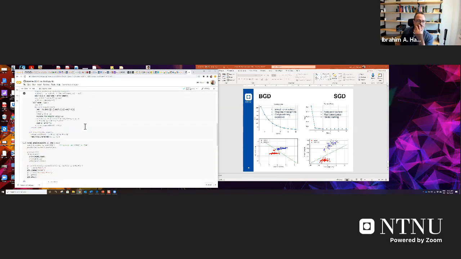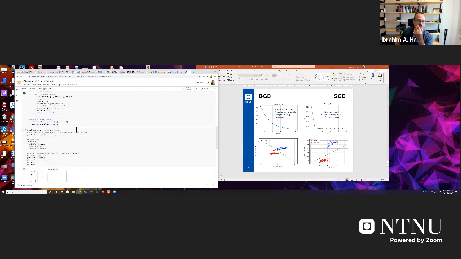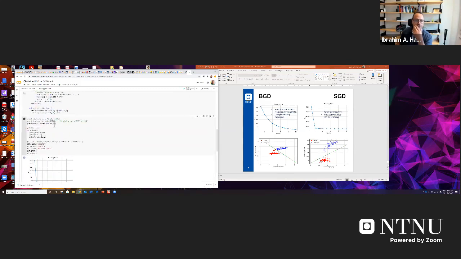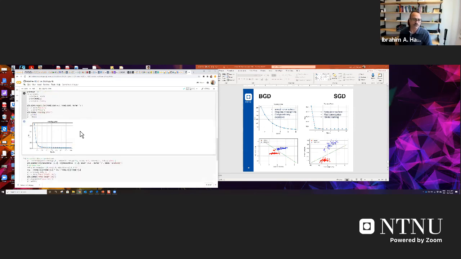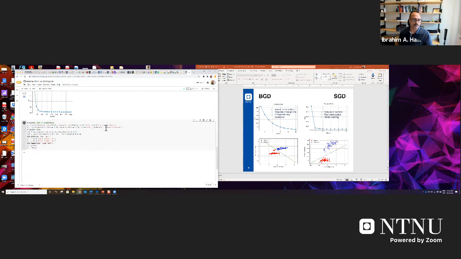So anyway, you need to revise this one if you want to test it for stochastic gradient descent. Anyway, you just need to make comparisons. Maybe it could be like a small home assignment for next time. We need to make some comparisons. You need to try SGD, BGD, right? Next time we should start working with